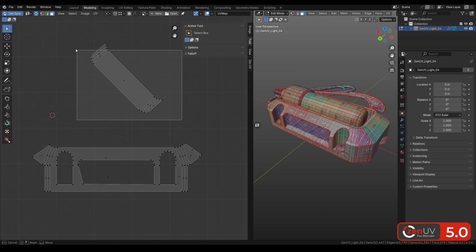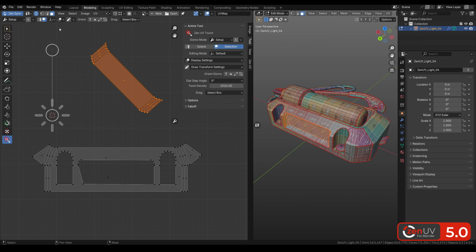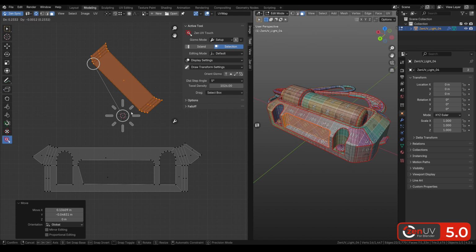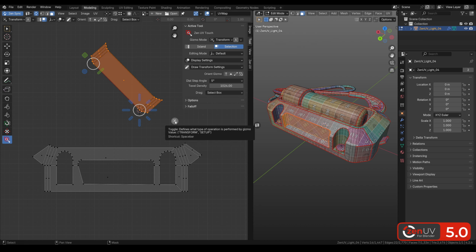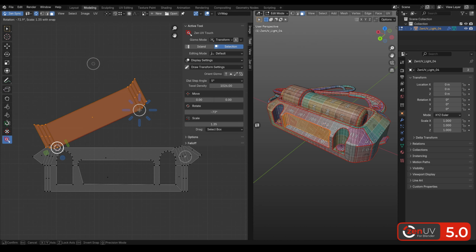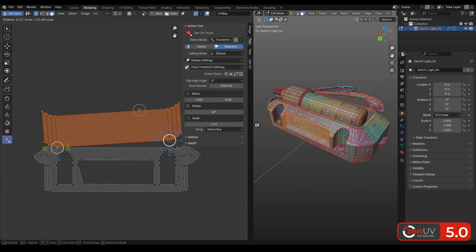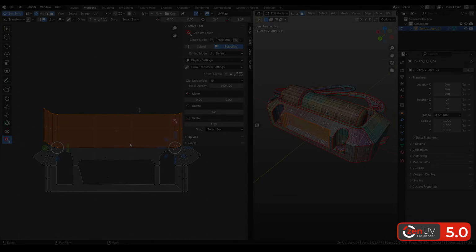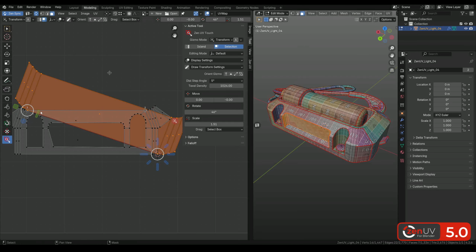Let's select faces and activate Touch tool from the tool panel. When the gizmo is grayed out, we are in setup mode. Be sure that you are in the elements mode and native vertex knob is active. Now we can quickly snap gizmo pivots to selected faces by holding Ctrl key. Then we can switch to transform mode by pressing spacebar or using this widget button, and now we can quickly snap selection to another island. And again, very fast and intuitive.